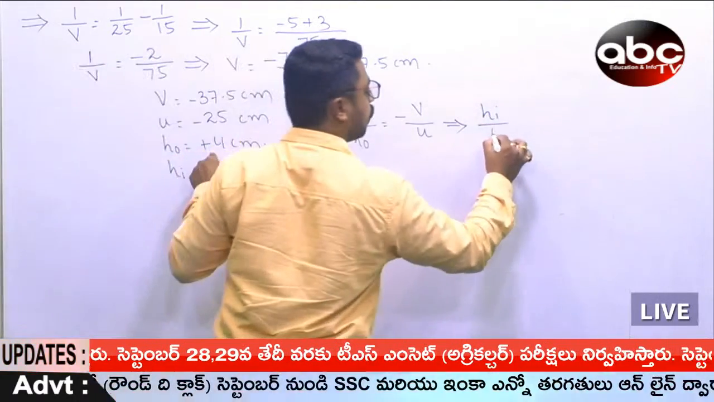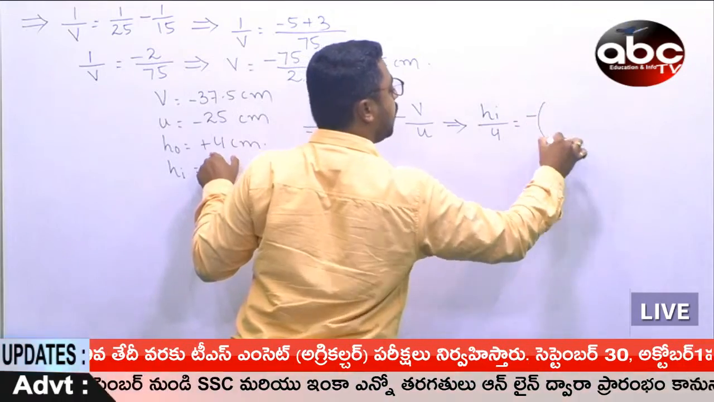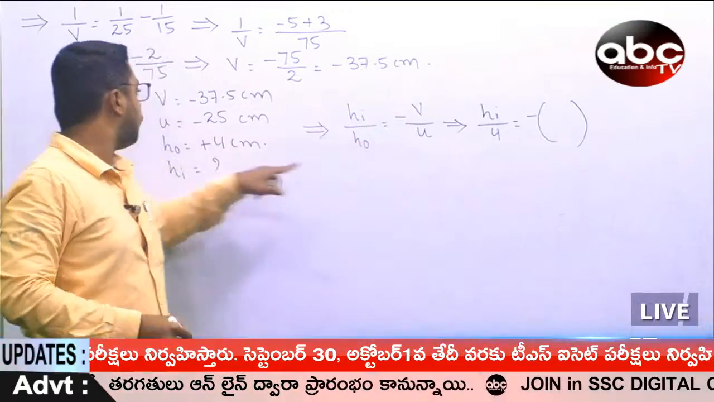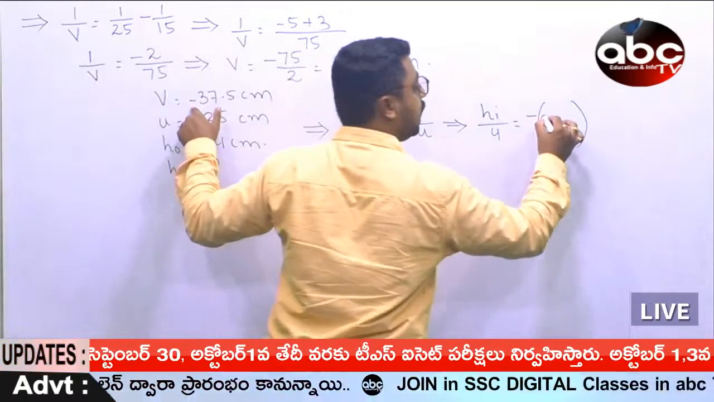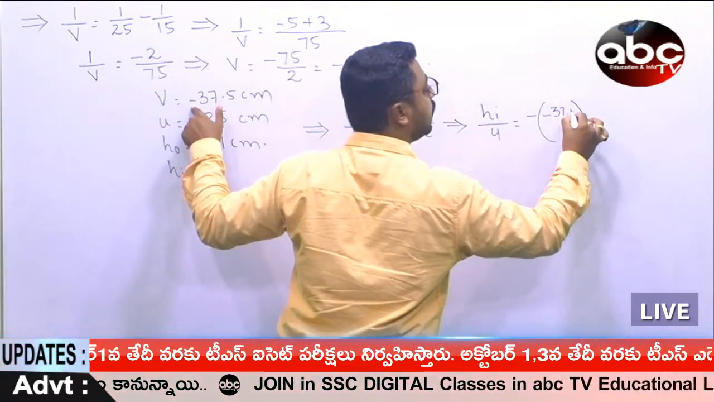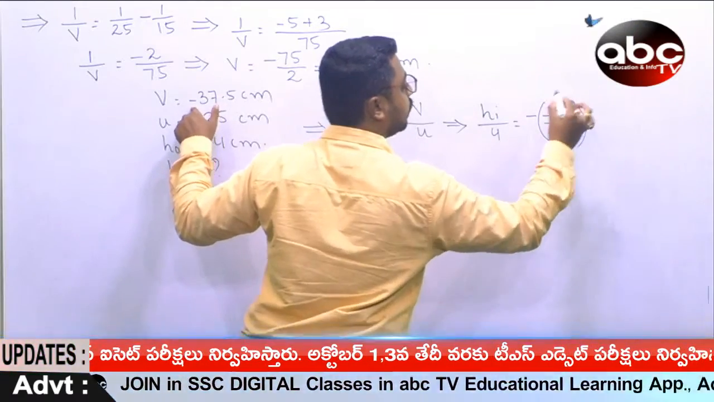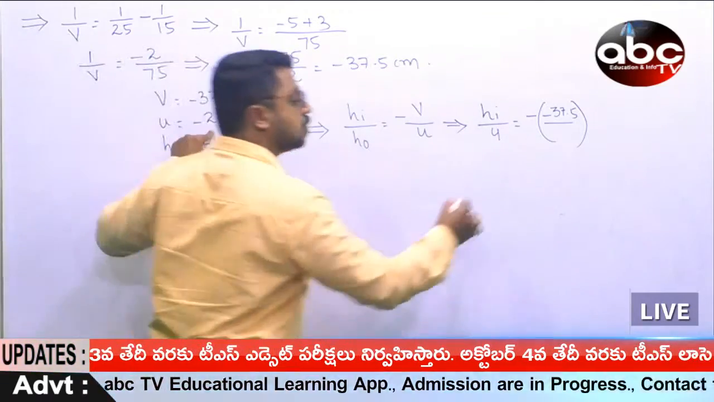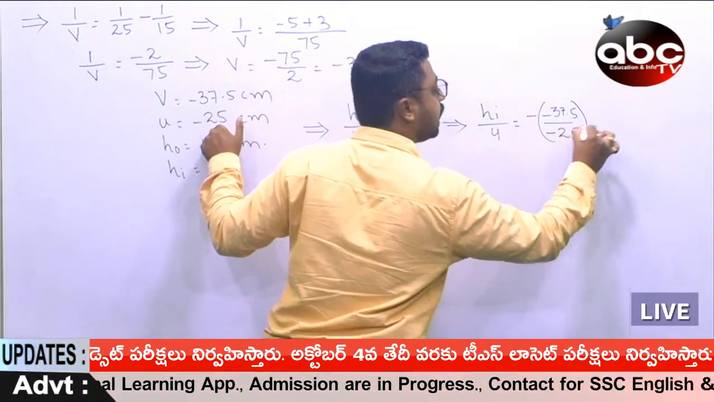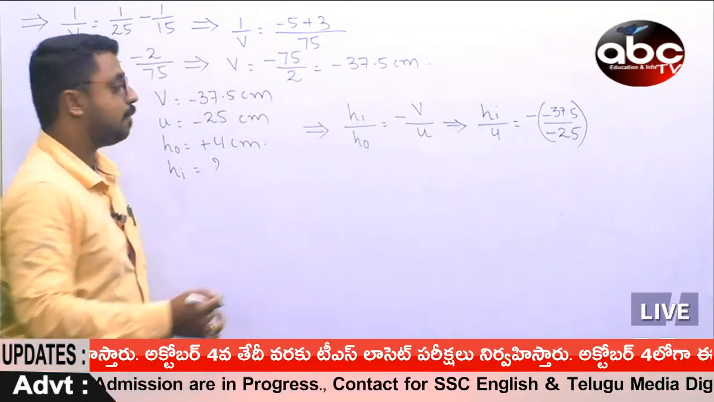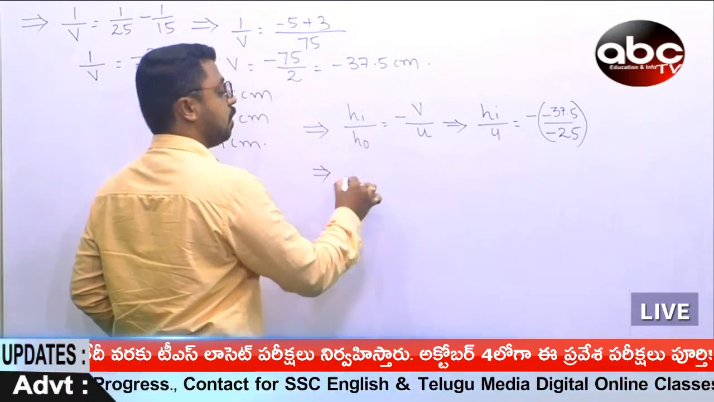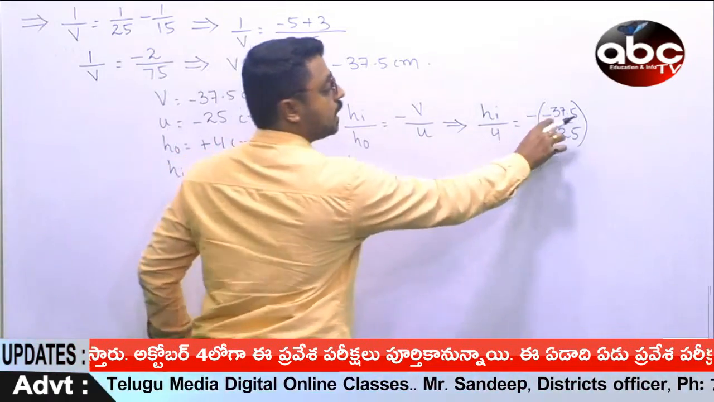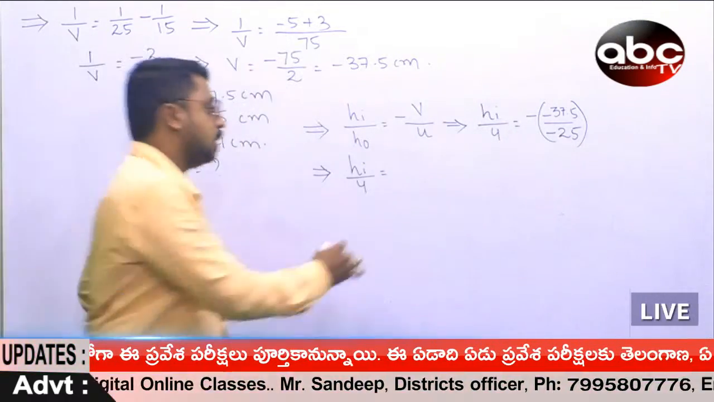Height of image by 4 is equal to minus V. What is V? V is already given as minus 37.5, by what is the next one? It is U, the object distance. Object distance is also given as minus 25. So if we simplify this, what do we expect? Height of image by 4 is equal to minus into minus. We expect it as a plus. That is plus